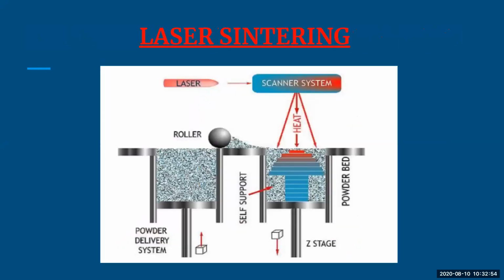Second is your laser sintering. This is also at times called selective laser sintering. Here, whatever you want to print takes input in a powder-based form. So you can say it is a powder-based 3D technology, and it uses a laser to fuse your materials into the final part. There is a laser which traces the cross section of your CAD designs into the material, and then at each step it will build your platform.